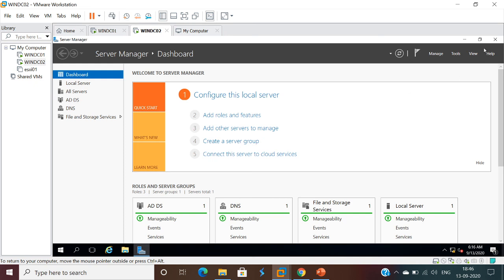The reason why we have an additional domain controller is that, let's say for instance, your domain controller goes down all of a sudden. In order to run the services, we have another additional domain controller, so we can still run the services on the other domain controller. And for load balancing also we can have the additional domain controller, and for high availability as well. This is the way we create the additional domain controller.